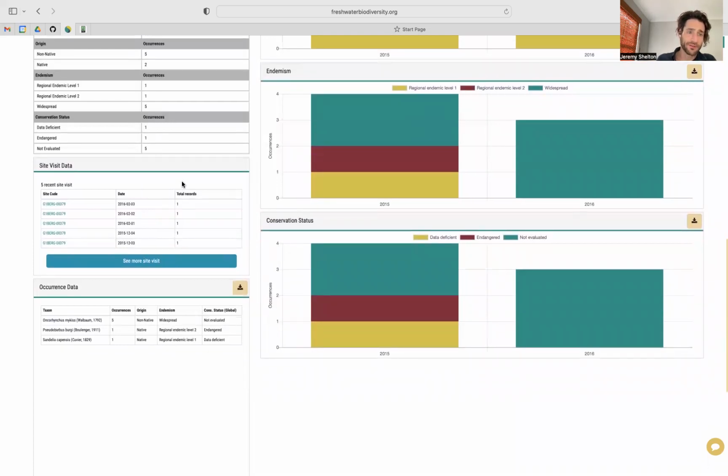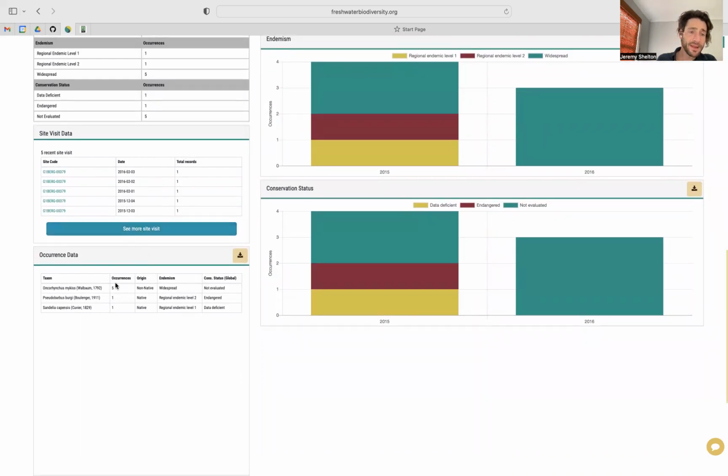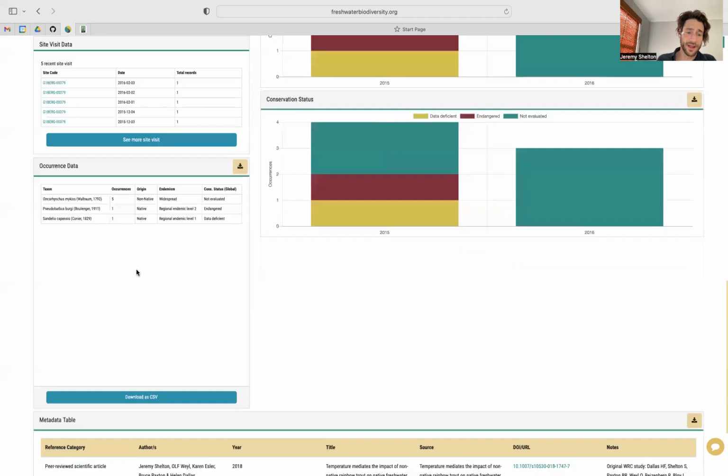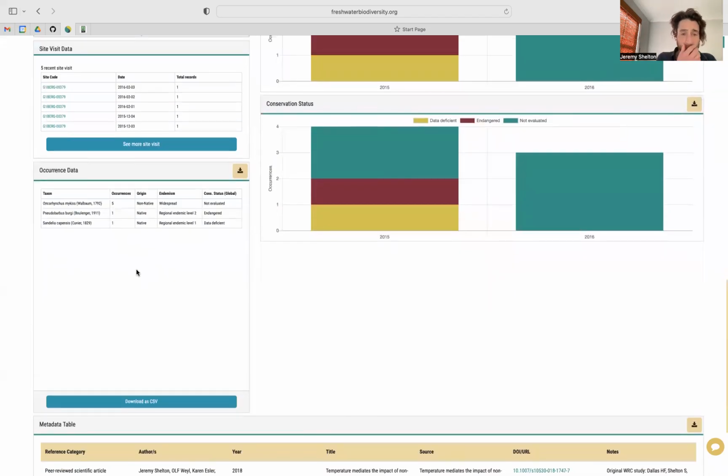You can see that this site was actually sampled on a few different dates. And you can see right at the bottom here the occurrence data for the different taxa of fish that have been recorded at this site. These data can be downloaded, the occurrence data, as well as a host of different other attributes that go along with the data, many of which are the attributes that we've just been through now, in a spreadsheet,